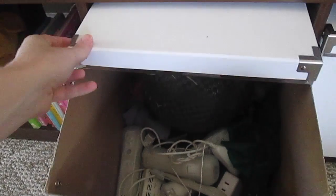I could be more organized, surprise, surprise, about what is in the boxes, but for me it's basically, I can't see it, it's in the box, so it doesn't matter. It doesn't freak me out, and Jane gets into these boxes a lot, so if I had to stay organized in here, I would be doing it all the time. But basically what's in here are controllers to the Wii and Chris's PlayStation, and some exercise equipment, exercise ball thing,